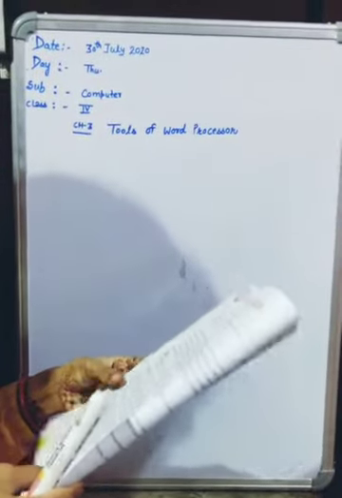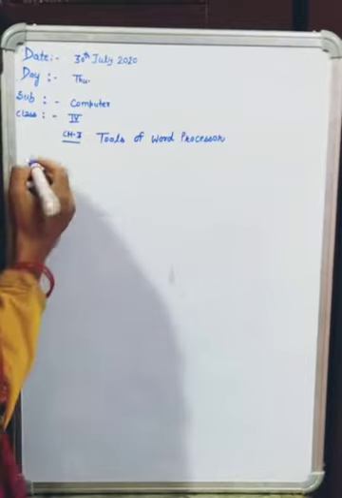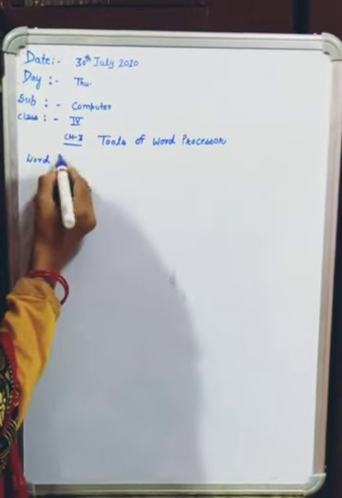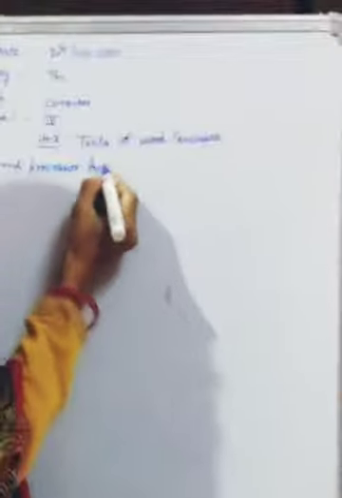Now open your books on page number 24, chapter number 3, Tools of Word Processor. In your previous class, you were familiar with the word processor. You know what a word processor is. Okay? A word processor helps in